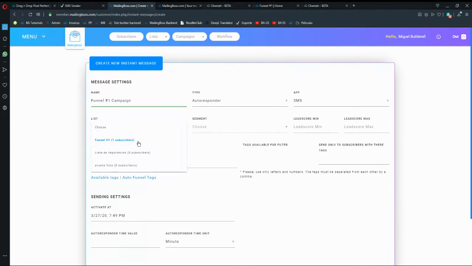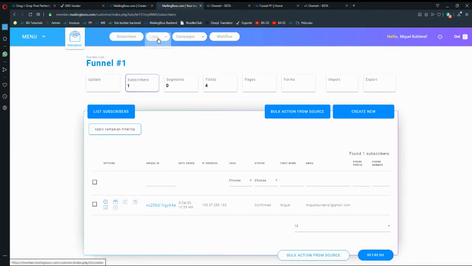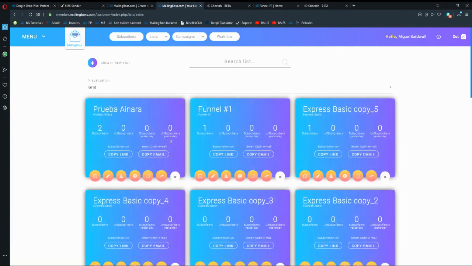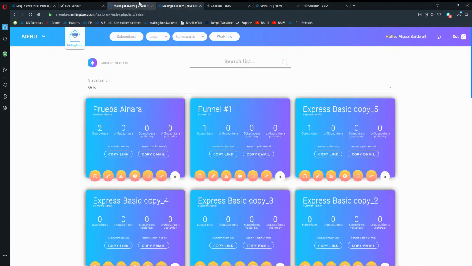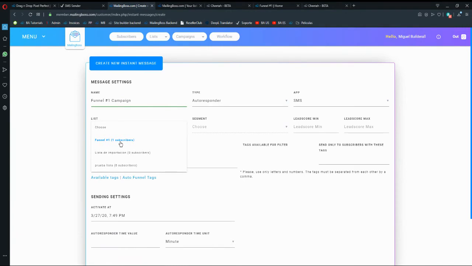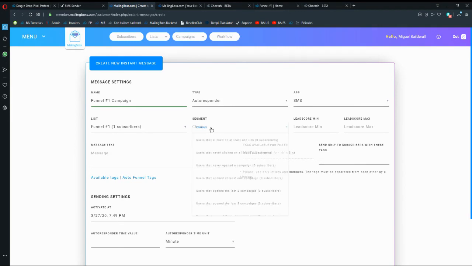Choose list. You will see that I already have a great amount of lists here, but it's only detecting just a few, because those already have the phone prefix and the phone number. So it will only show lists with the phone prefix and the phone number. I'm gonna choose here the phone number one list with one subscriber. Segment, you can just leave it like this because they have never received an SMS or a campaign before, so they are just newly imported or newly incoming subscribers. Lead score minimum, lead score maximum, just leave it like that,